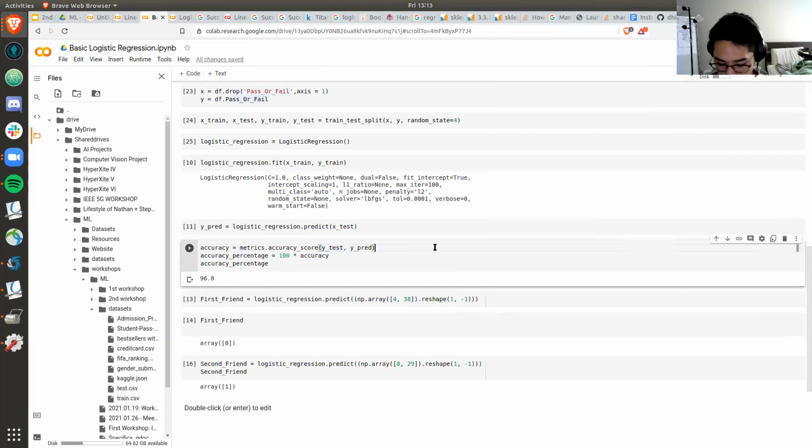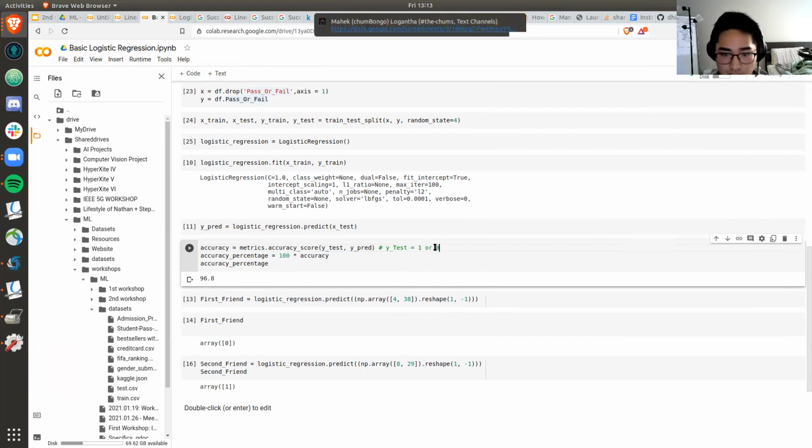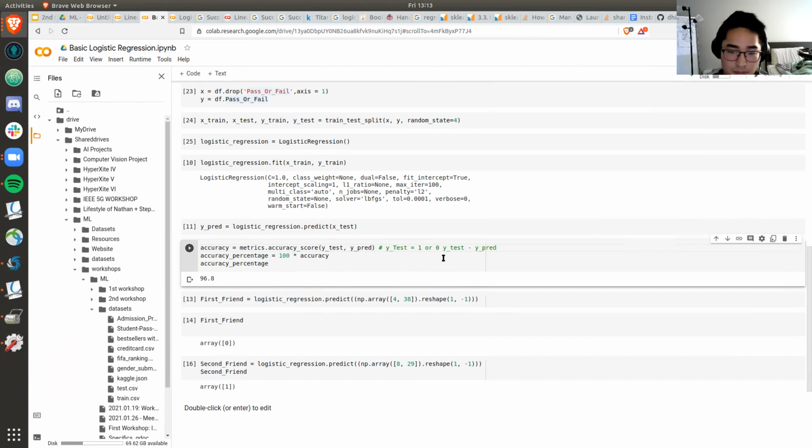So let's say our Y test is equal to 1 or 0, right? So basically, in order to test the accuracy score, we pretty much compare the Y test with the Y prediction. You get your actual value that you wanted, and compare it with the predicted value you got from your model. And then from there, we can calculate the accuracy percentage, and bam, we got 96.8.